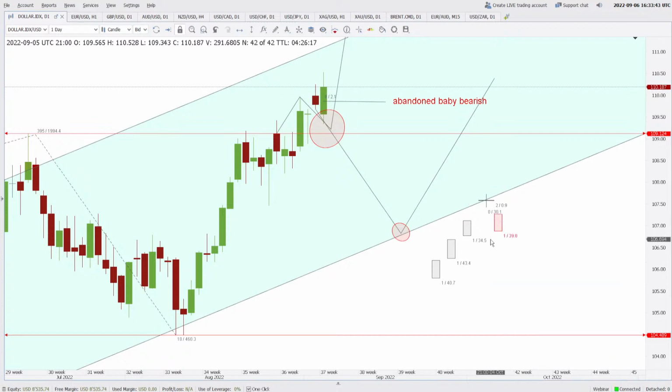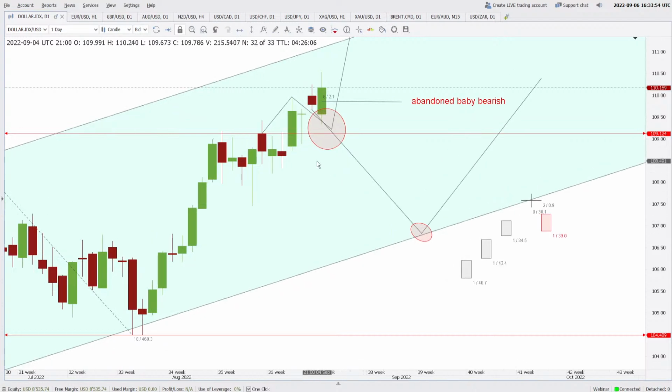So this is how it is. This candlestick here is called abandoned baby, and if the red candle is followed by this, it is called bearish abandoned baby. But today if you see the dollar index, of course it opened lower,